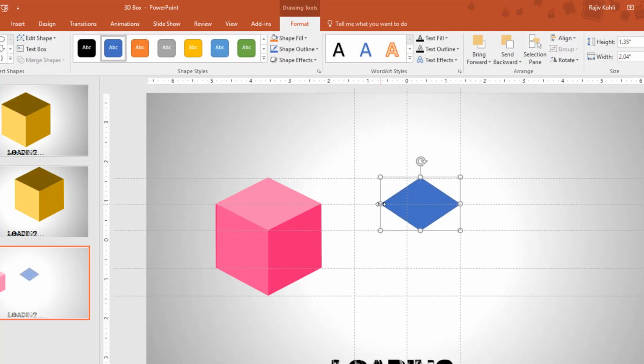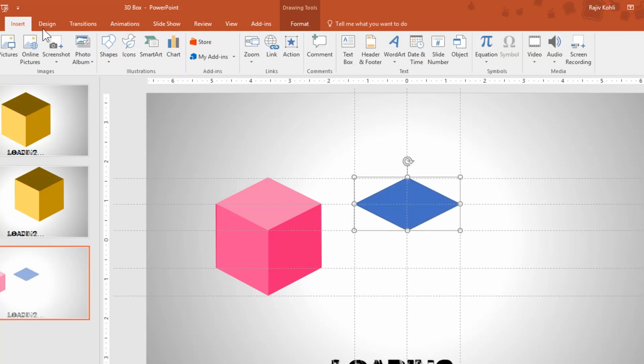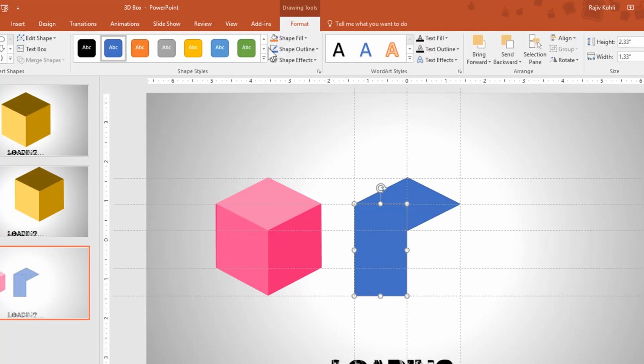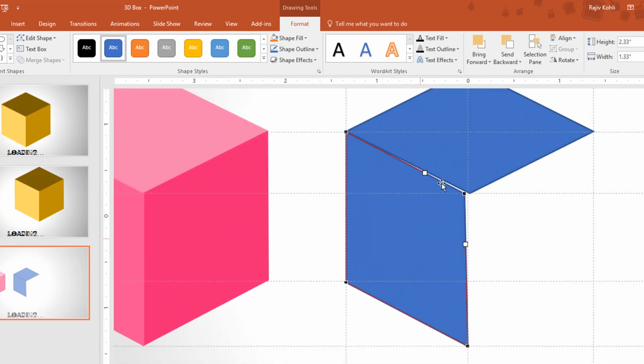You can draw it just right here, and then you can draw further shapes, like you can draw a rectangle here, and then later from the Format tab you can go to Edit Shapes and then click Edit Points, and then you can adjust the sizes. The guides will help you to exactly point the shapes so they look perfect, just like that.